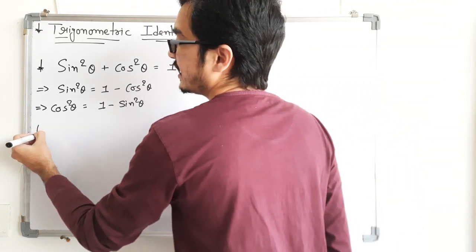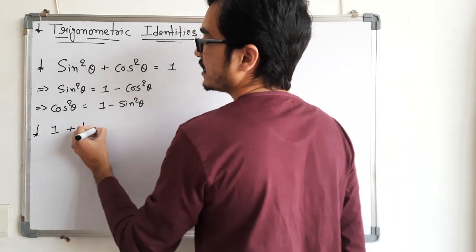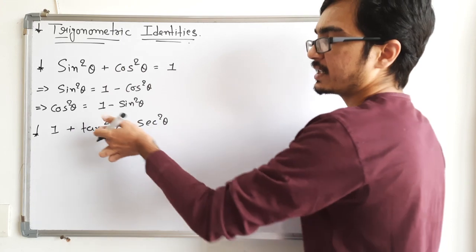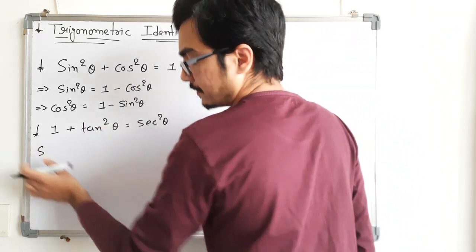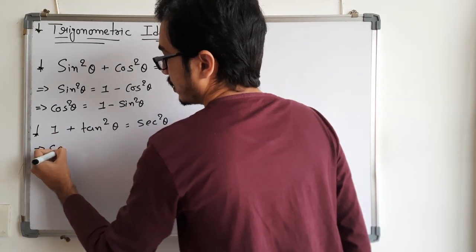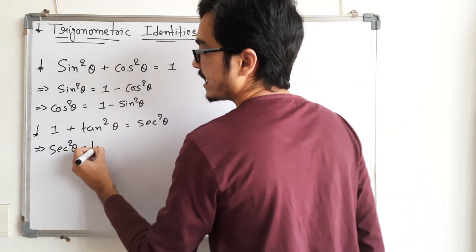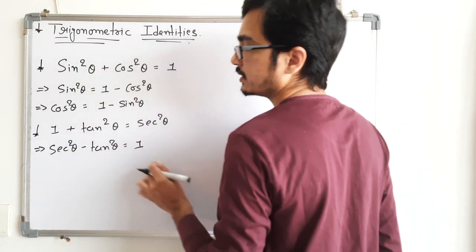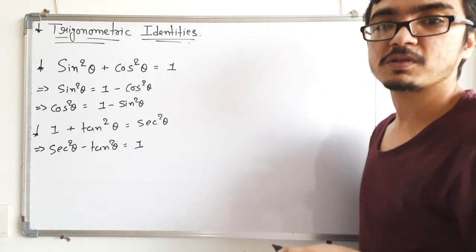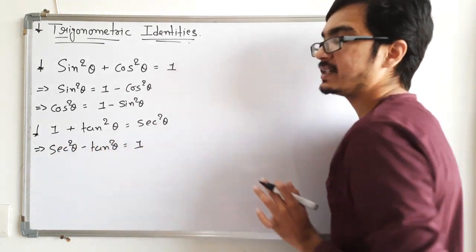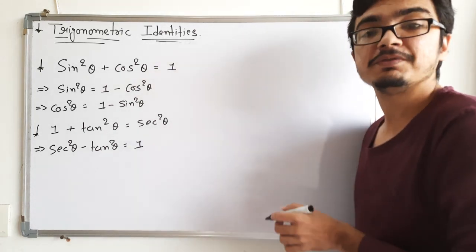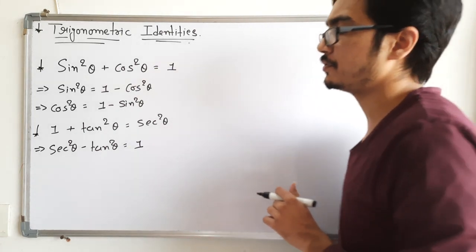Then, the same way, we will have another identity, which is 1 plus tan square theta equal to sec square theta, in which I can shift tan square here, then we will have sec square theta minus tan square theta equal to 1. We are going to use this kind of thing for the 1 marker questions. Like there is also one MCQ: 9 sec square theta minus 9 tan square theta is equal to blank. Then we can take 9 common, then sec square minus tan square will be 1, 9 ones are 9. We will solve that MCQ, you will understand.